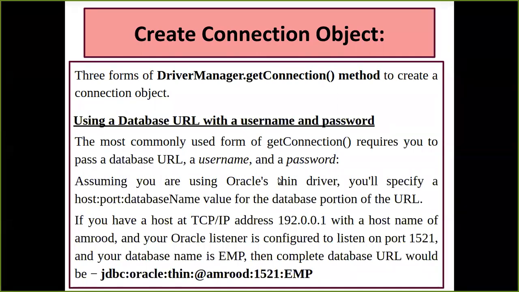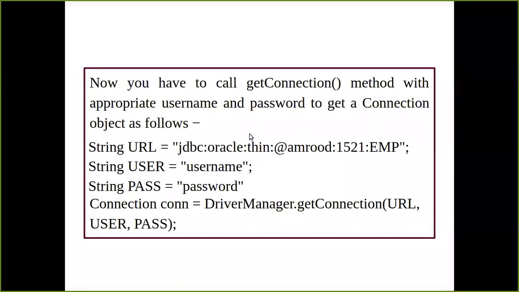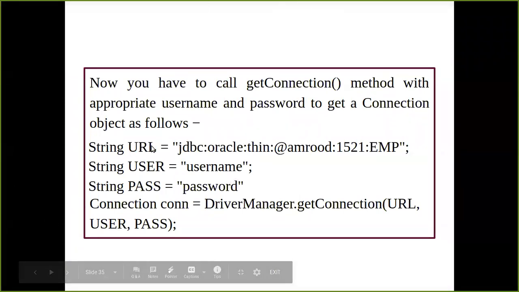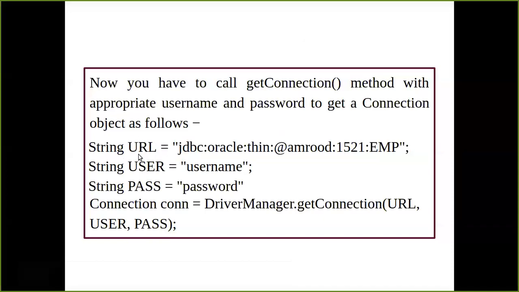Now, we have just completed one part of the third type of method. What was asked in that third type? We had a getConnection method. We had the first parameter as URL, the second parameter as username, and the third parameter as password. So we have just completed the first parameter, where we have given the URL format. Okay. Now we'll just have the username and password. What we are going to do over here is create a variable and store the URL format that we have created.